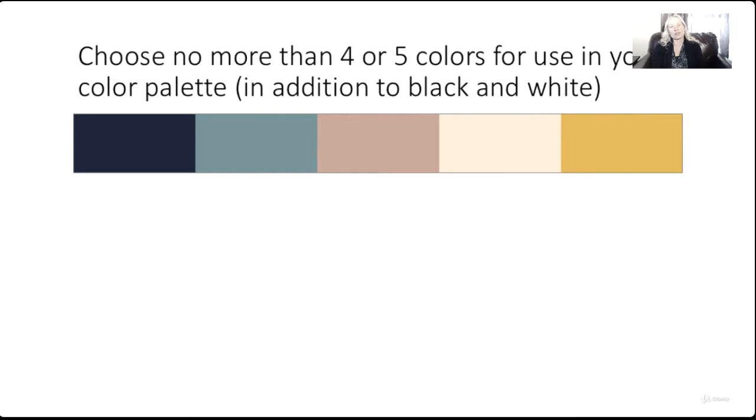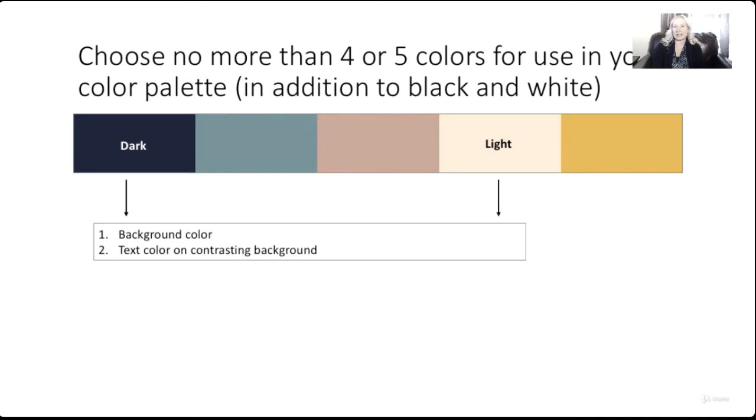The contents of this palette include a dark color and a light color. Having a dark and a light color in your palette is a good idea because these can serve as background color options for your slide. Dark background colors are usually useful when slides will be presented in a large dark room, like for a keynote address. Light background colors are useful when you're presenting in a smaller, more brightly lit room. This is because dark colors can look washed out in brightly lit rooms, making it difficult to read white text